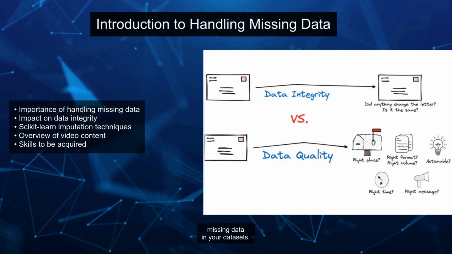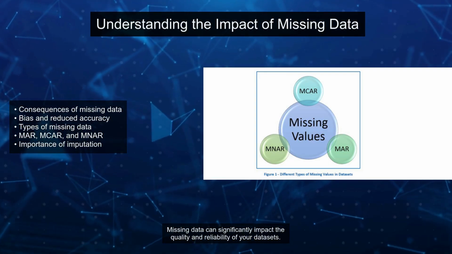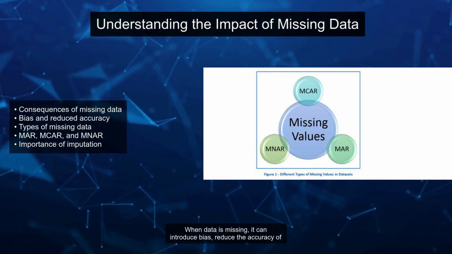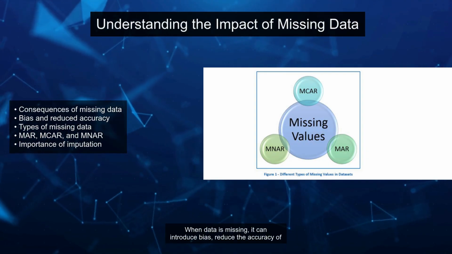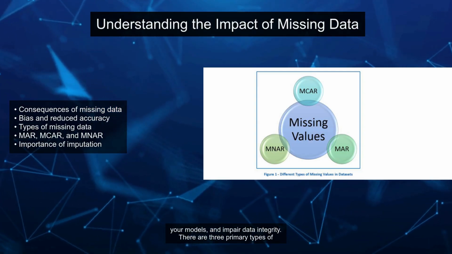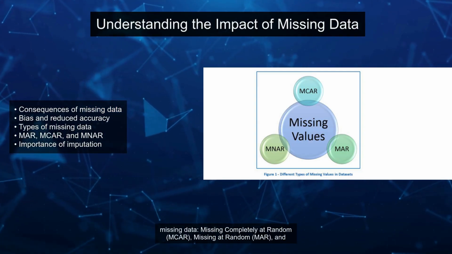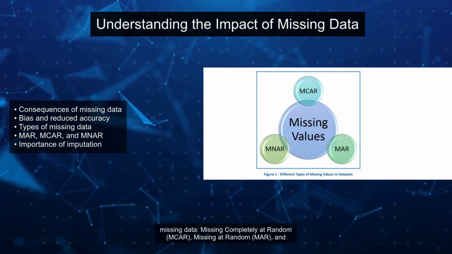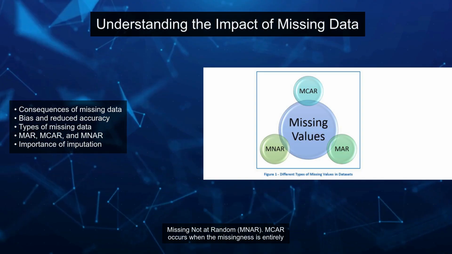data in your datasets. Missing data can significantly impact the quality and reliability of your datasets. When data is missing, it can introduce bias, reduce the accuracy of your models, and impair data integrity. There are three primary types of missing data: missing completely at random, MCAR, missing at random, MAR, and missing not